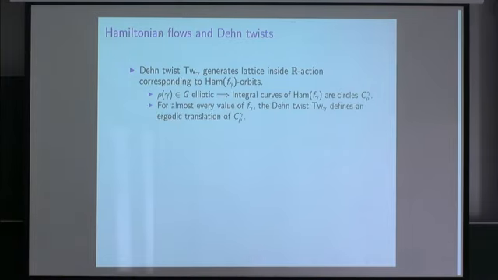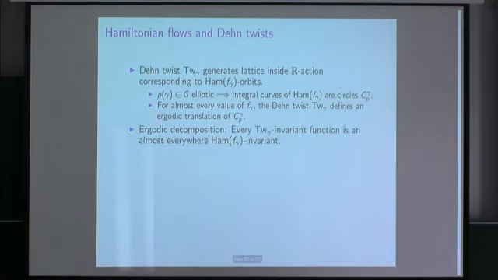And for almost every value, this Dehn twist will also be a rotation, and for almost every value, it'll be a rotation of infinite order. And this is maybe the first example of an ergodic action. And so this is how you go from knowing that an invariant function under the mapping class group is almost everywhere constant.